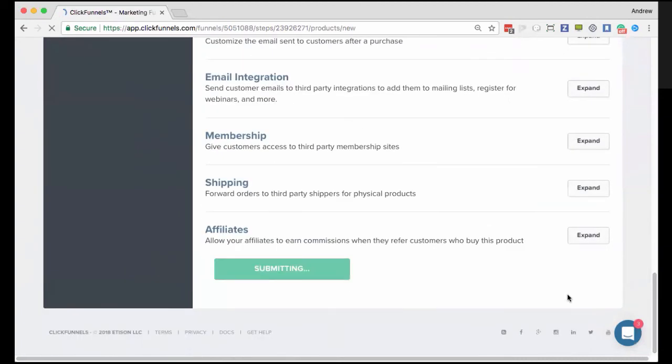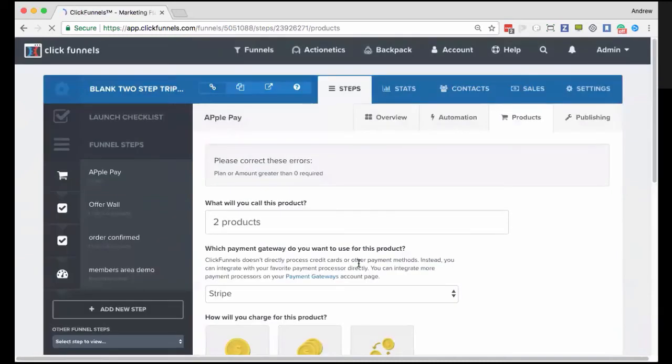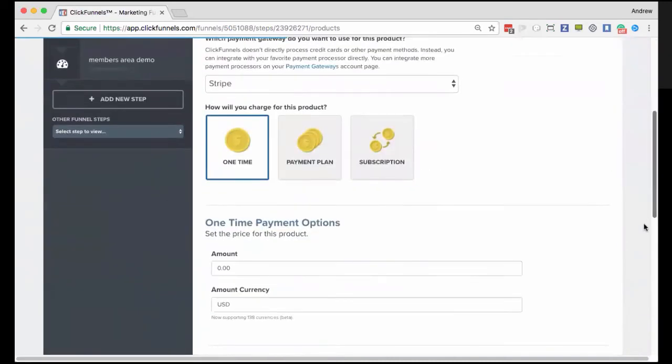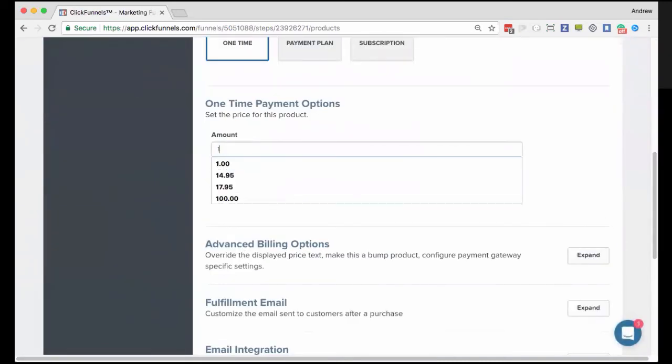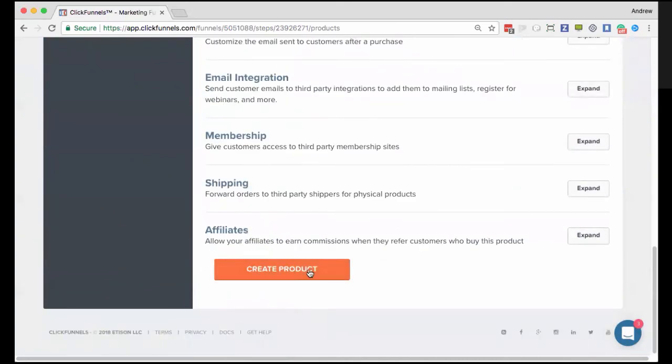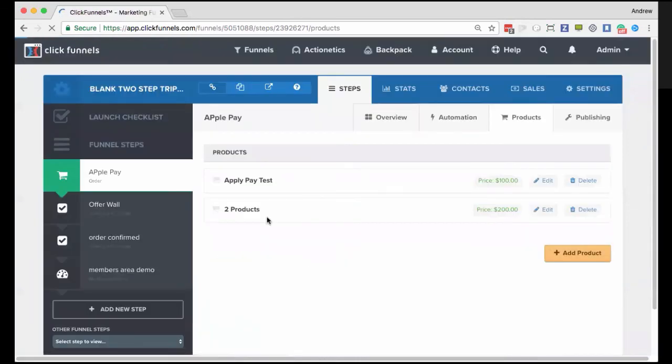This is probably going to error on me again. Sure does. All right, I can fix that. So we go 100. This is going to be $200 on that particular product, and then that should populate in there. Now, we could repeat this process for 3 products, 5 products, and then, for example, if they wanted to order more than what was on our list here, we could have them call us or send an email to us, and we can give them a custom invoice on that.